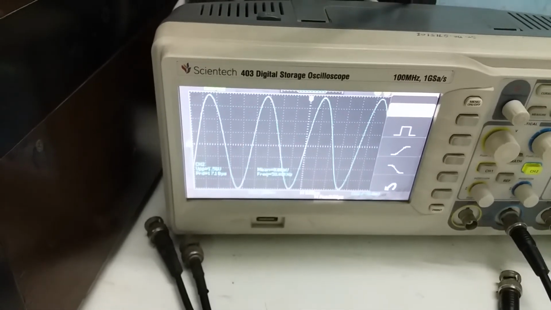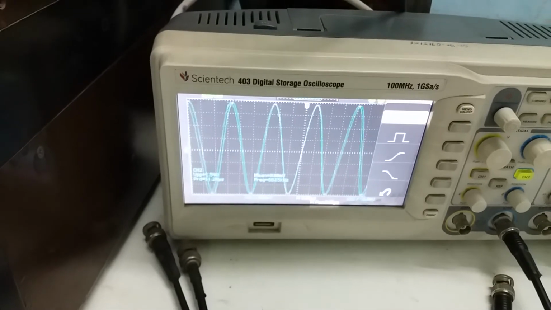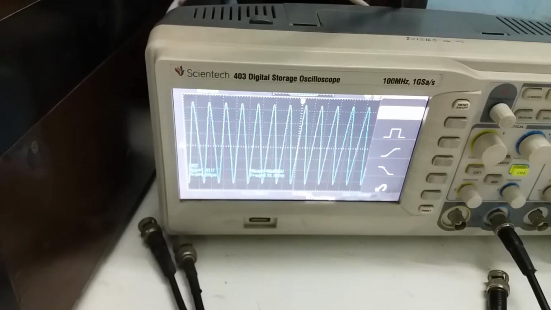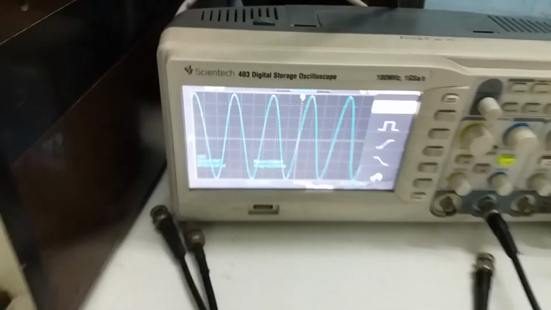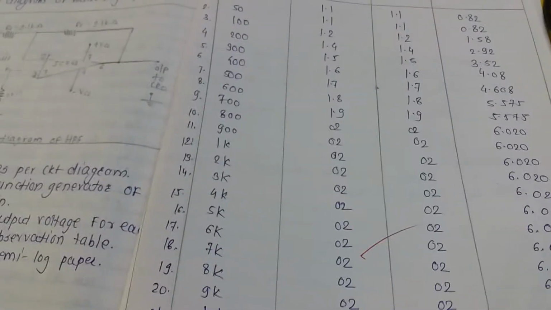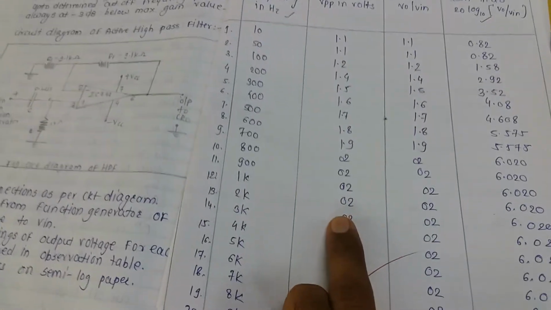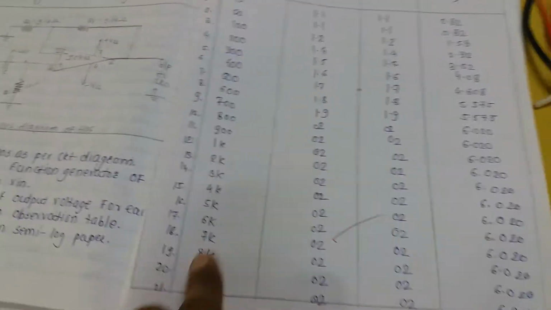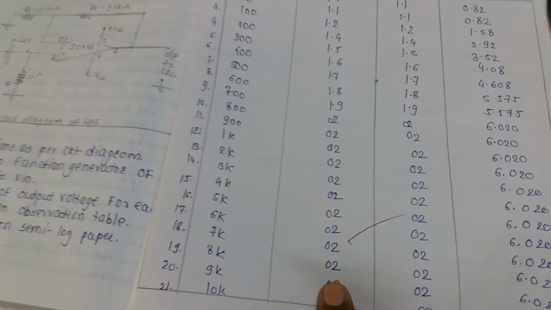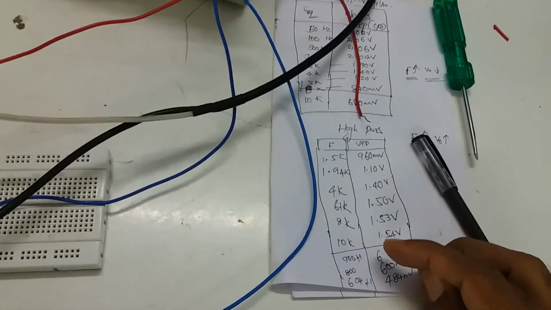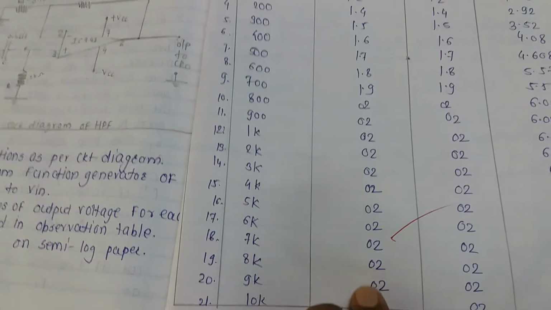So when the frequency increases, the output voltage, after the range, it is saturated, I mean maintained as a constant. If you see the tabulations, it is maintained as a constant. This is one of the oldest records. So if I increase the frequency, it is maintained as a constant. What about ours? 1.5, it is maintained as a constant. Ours is 1.5, maintained as a constant one. Here in the previous one also, it is maintained as a constant.